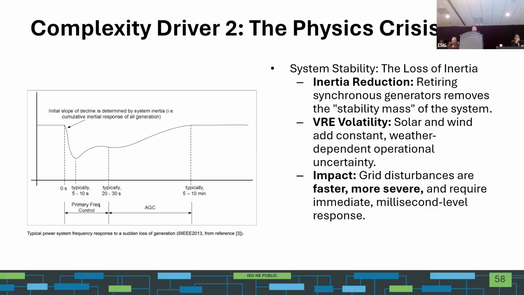And I understand the controllers can create virtual inertia, but I'm still not convinced it's exactly the same as having large generators out there spinning that can dampen out disturbances and oscillations. So these are complexities that we have to learn to deal with, and our engineering folks have to address, and we're moving forward into this kind of unknown region where we see small impacts already, but it's going to be faster and more severe and more impactful as we move forward.